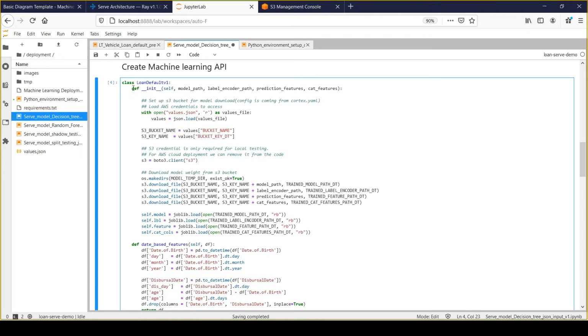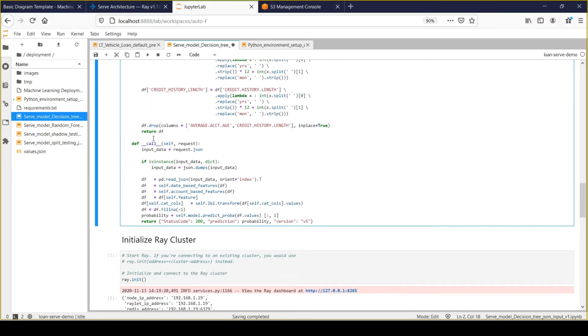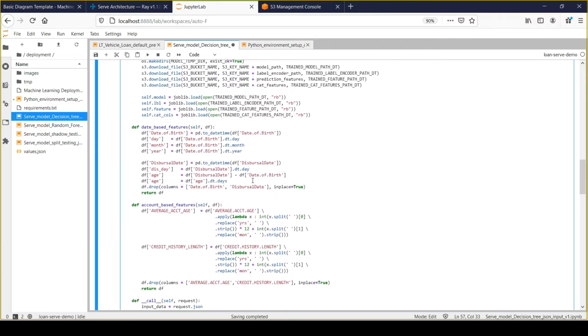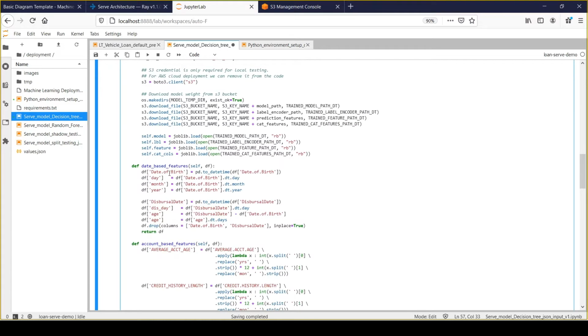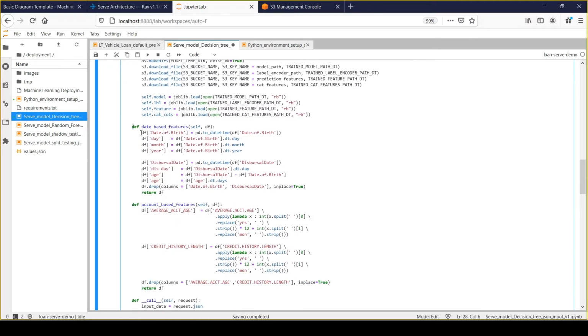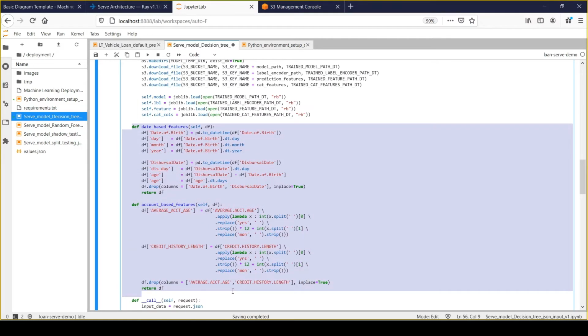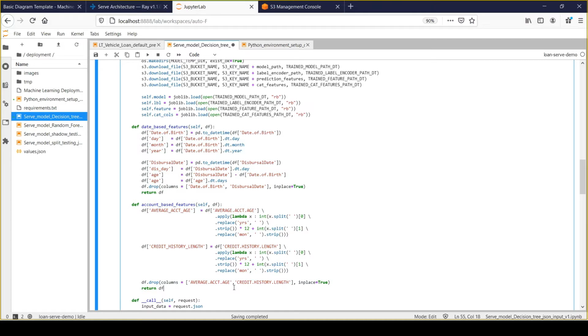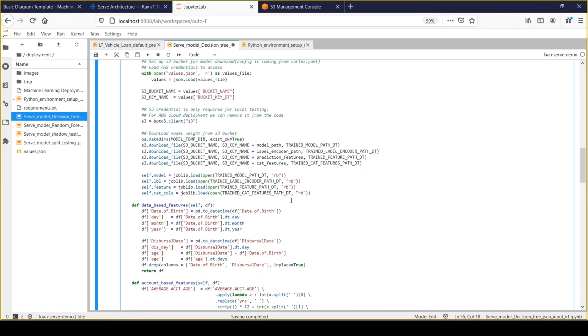And then you need to define one init function, and next we need to define one call function. So that's the prerequisite for any RayServe deployment API. And the other things which I have added in this class are about all the machine learning related activities. So we'll see what those functions are.